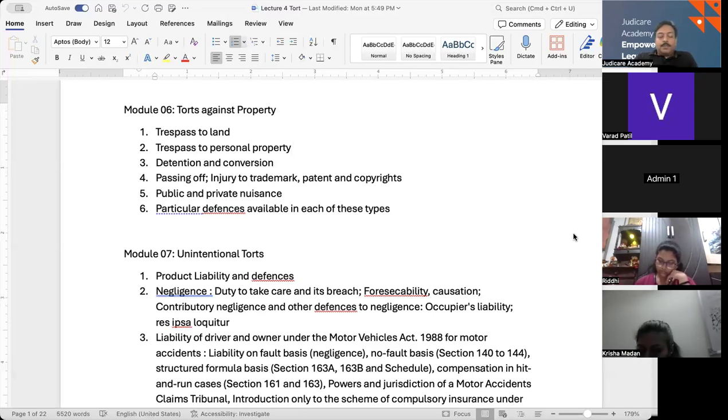While conversion is a far more severe form of detention, where one exercises control over another's property and effectively denies the owner their right. They have converted it to their own property. So detention is holding someone else's property without their permission, while conversion goes one step ahead, where you deny the person their right, do not return it, and do it effectively. Effectively denied means you put a lot of effort into denying that.